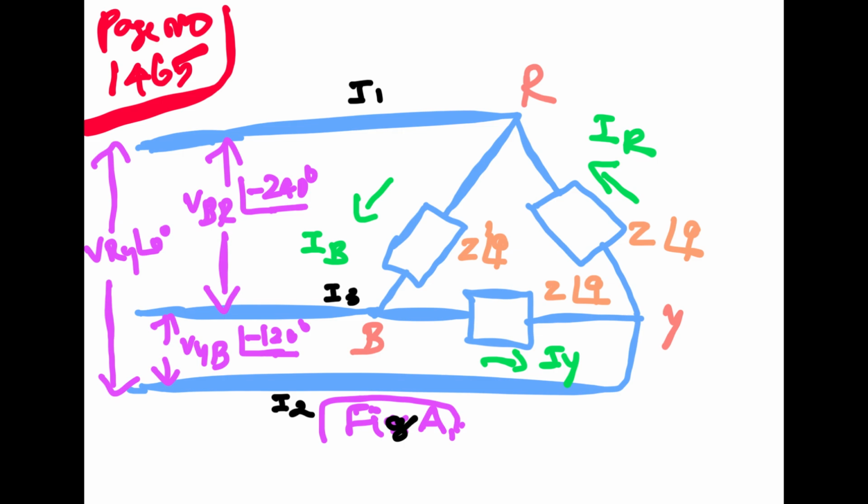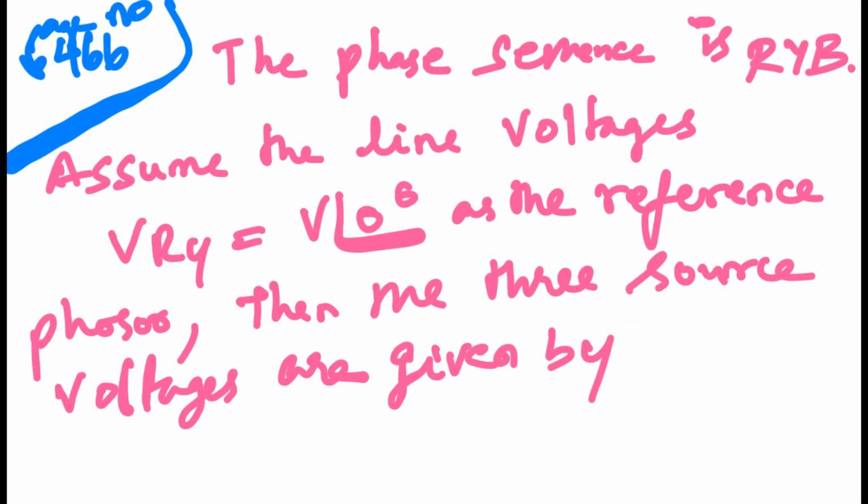In the figure, RYB are the phases, and VRY, VYB, VBR are the phase voltages. IR, IY and IB are the phase currents. I1, I2 and I3 are the line currents. Let us assume the line voltages. The phase sequence is RYB. Assume the line voltage VRY is V angle of 0 degrees as the reference phase. Then the three source voltages are given by